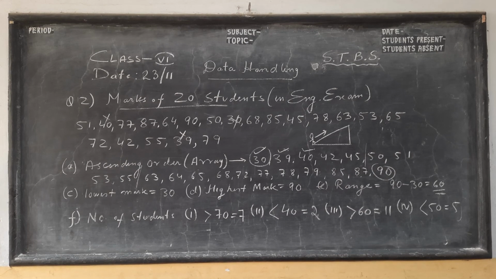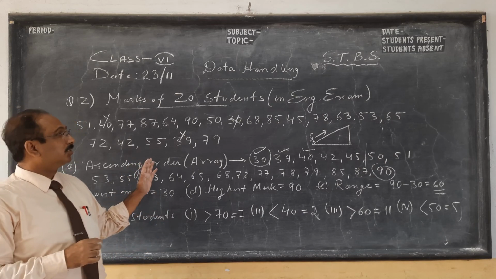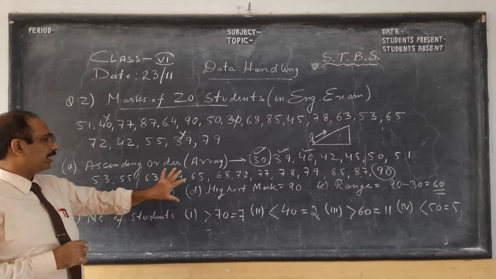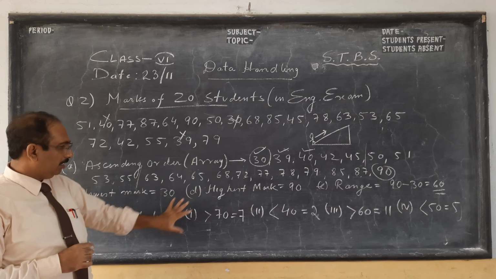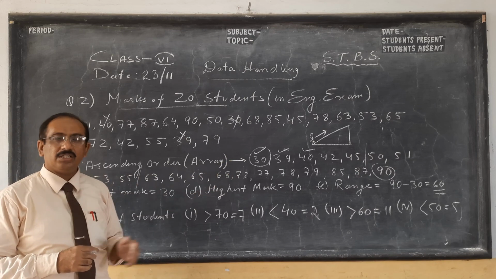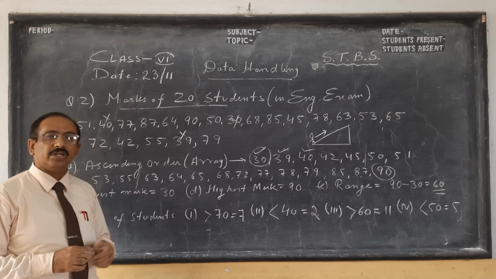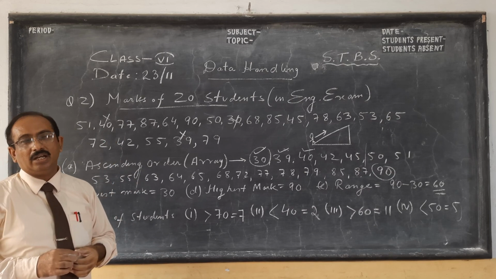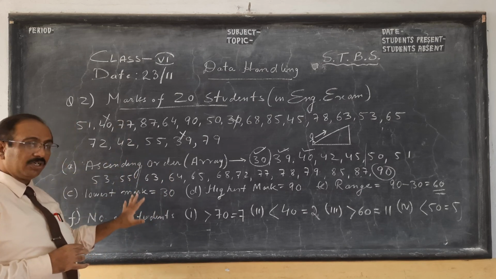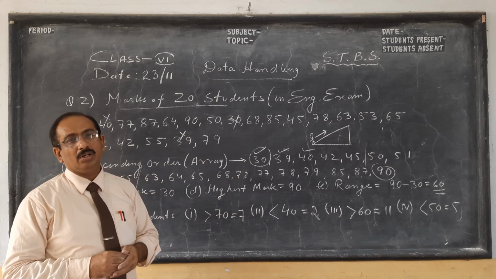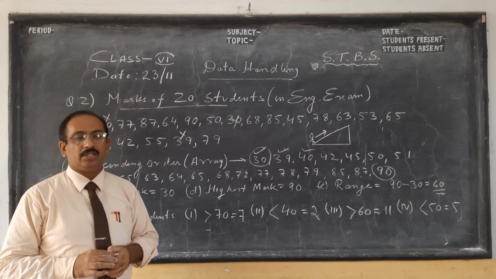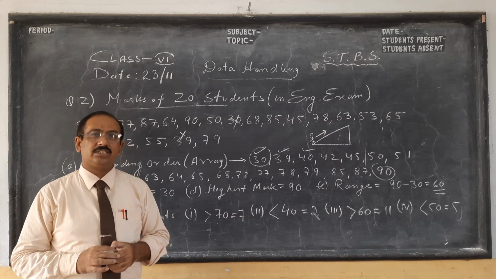So I hope in this part 3 video you have understood the basic concept of data handling, which is how we make an array in ascending or descending order, and what the range is from minimum and maximum. You subtract maximum minus minimum, then we see how we get different results. And in question 4 I have taught you how to make a frequency table, which is nothing but what you write, then tally mark, then total. And as I have already told you, my part 1 and part 2 videos are regarding mean and median. So thank you children for watching this video lesson.